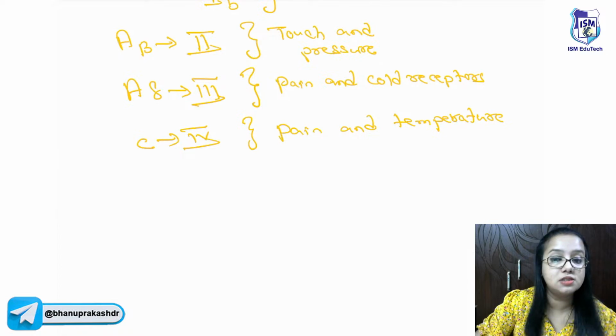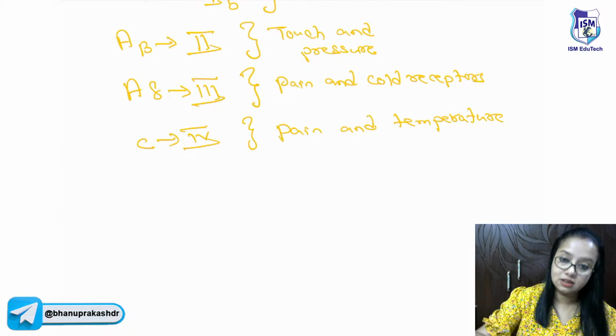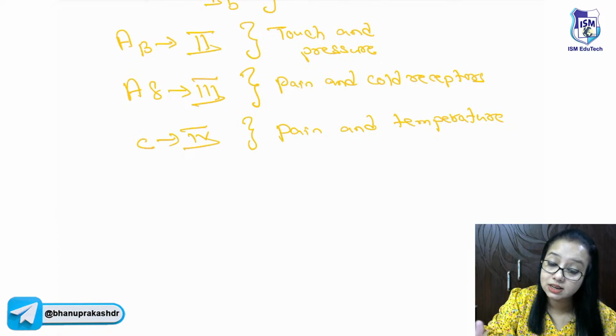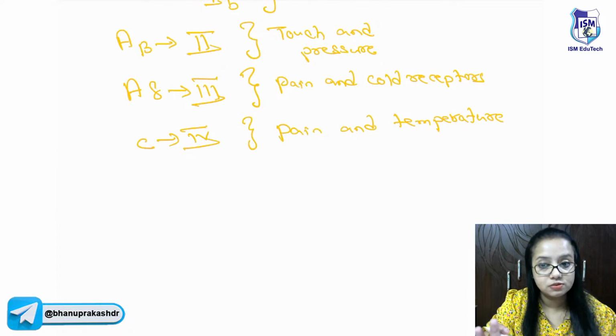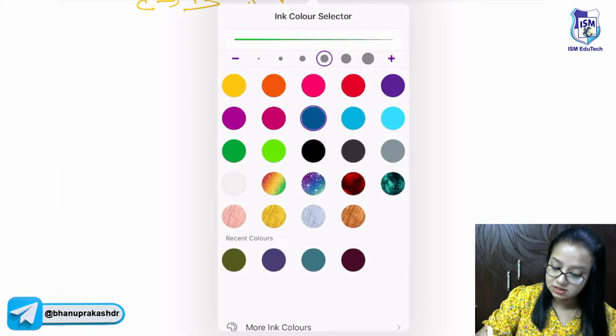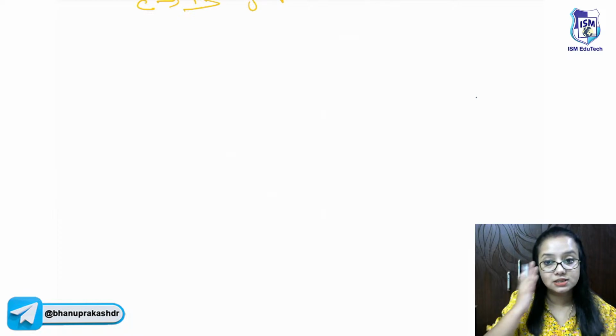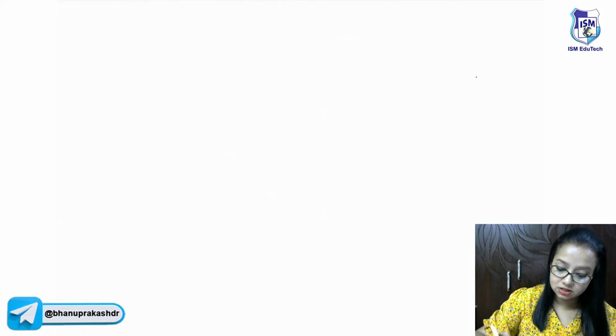So they can sense the pain and the temperature. So here you see the Erlanger and Gasser's classification has been again reclassified, taking only the sensory nerve fiber. Coming to the physiological agents. Now all these fibers, like A, B and C, talking about the Erlanger and Gasser's classification, depending